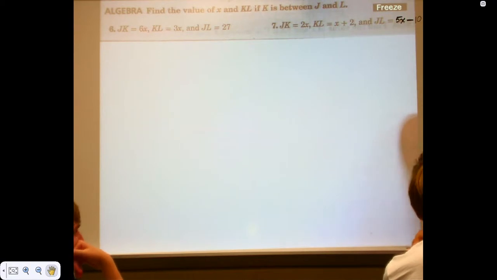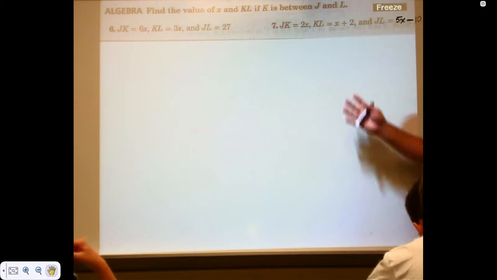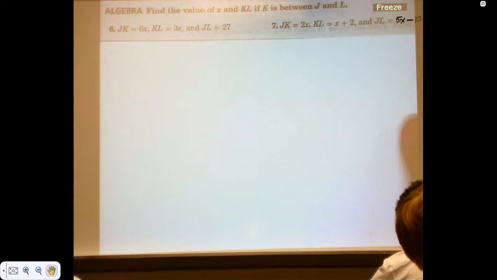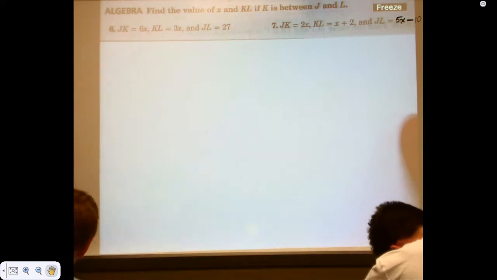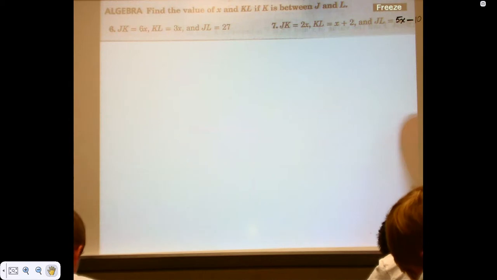Anytime you see a geometry problem that has components in it that look like an algebra problem, 99% of the time, the problem wants you to use the information given to create a valid equation. Now, in this section, we're talking about betweenness, line segments, things like that. I bet they're going to use something like that to want us to create an equation with this information. So your best thing to do, when they don't have a picture drawn and you can't visualize it, is draw the situation, right? It doesn't have to be perfect.